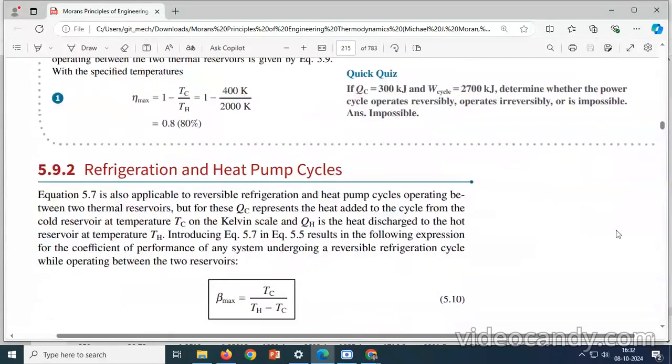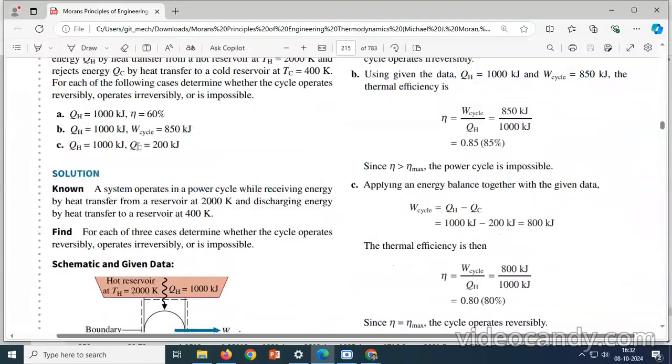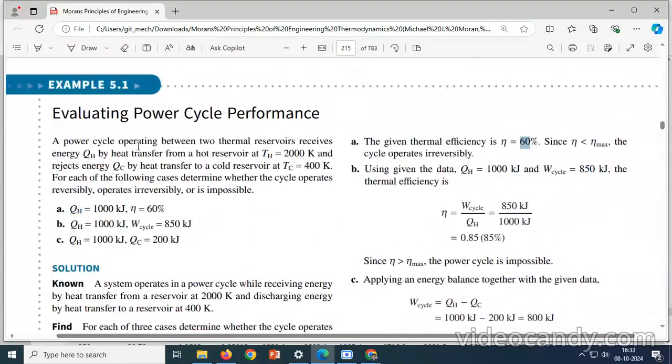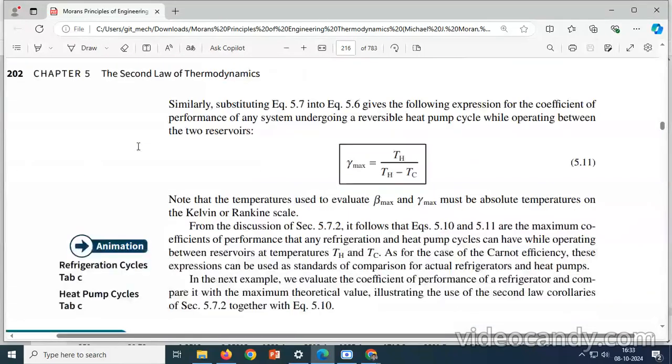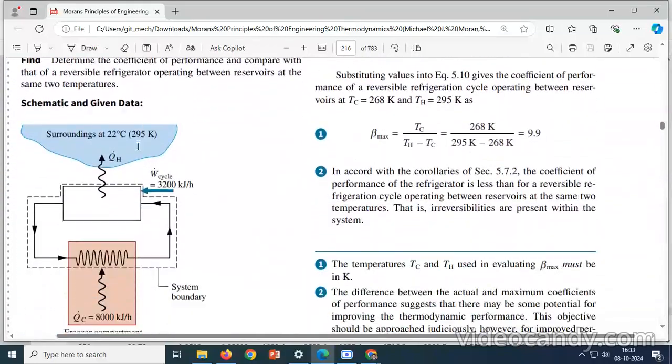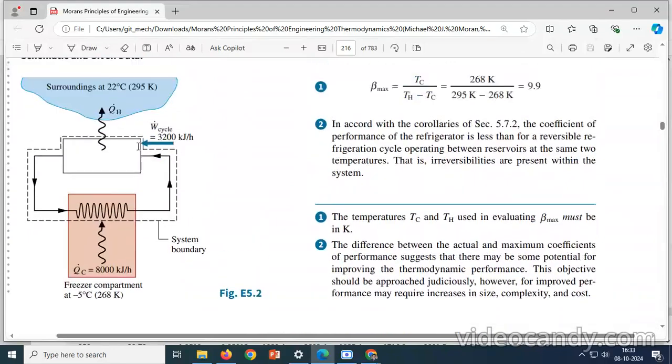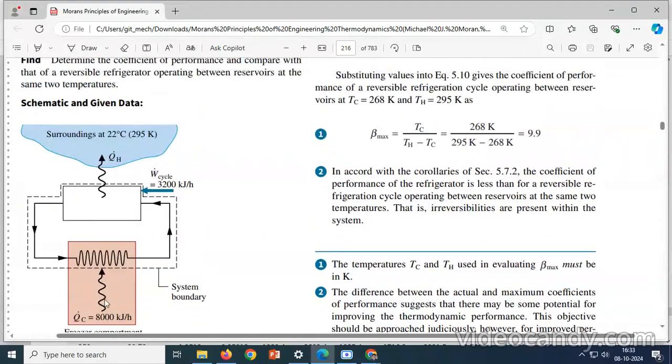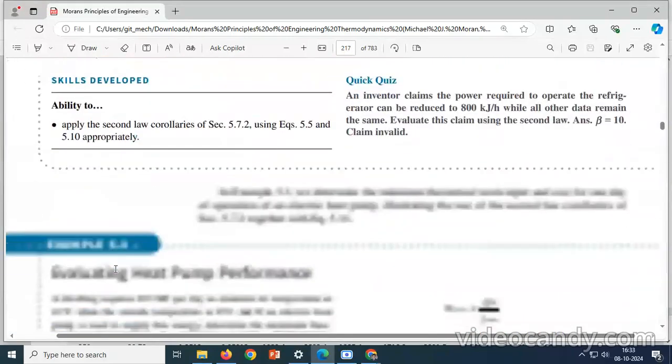Clear? So this is 5.1. You can also see some examples, 5.2 and 5.3. Same type of procedures and other things, but the cycle is different. It is moving from the cold to the hot region. Earlier I took hot to cold region. These are the changes you need